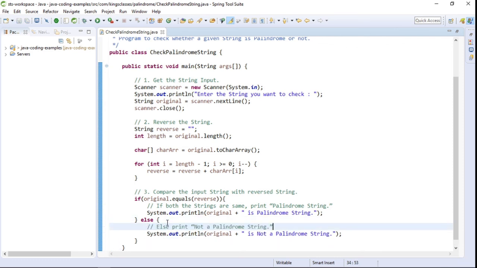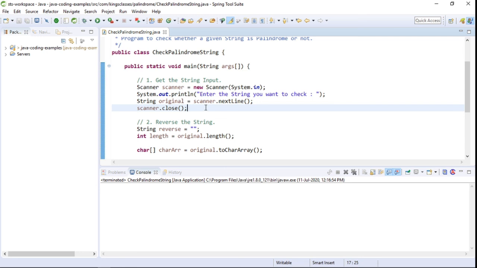So this is the complete code to check whether a string is palindrome or not. Now we will run this code and check if it is working properly or not.